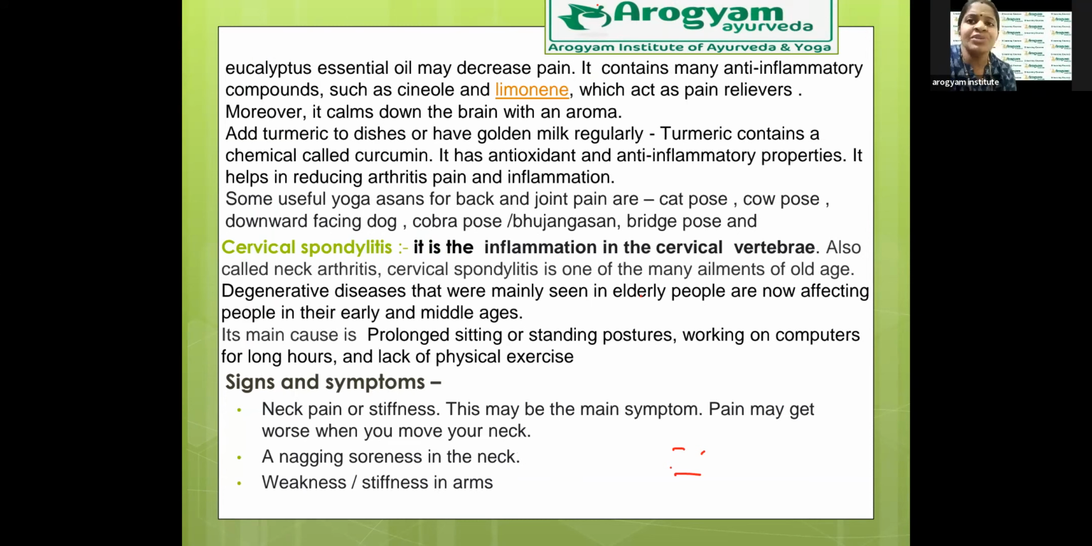Add turmeric to dishes or have golden milk regularly. So turmeric, haldi से हम दूध prepare कर सकते हैं, which is called as golden milk. So how do you prepare this? So half cup of water boil कीजिए, इसमें थोड़ा सा हल्दी का fresh टुकड़ा, if haldi is available in fresh form, or you can even add 1 or 2 pinches of haldi powder, dry turmeric powder, और कुछ उबाल के